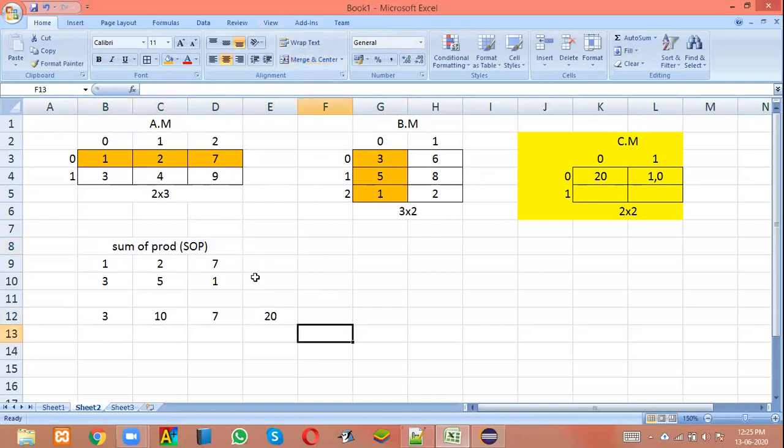Yeah. So you have to keep on performing the SOP operation. If you perform SOP, I think you will get 36 here. I had already calculated and kept it aside. You will get 38 here. Here you will get 68. Okay. The thing is, how will we perform this operation?